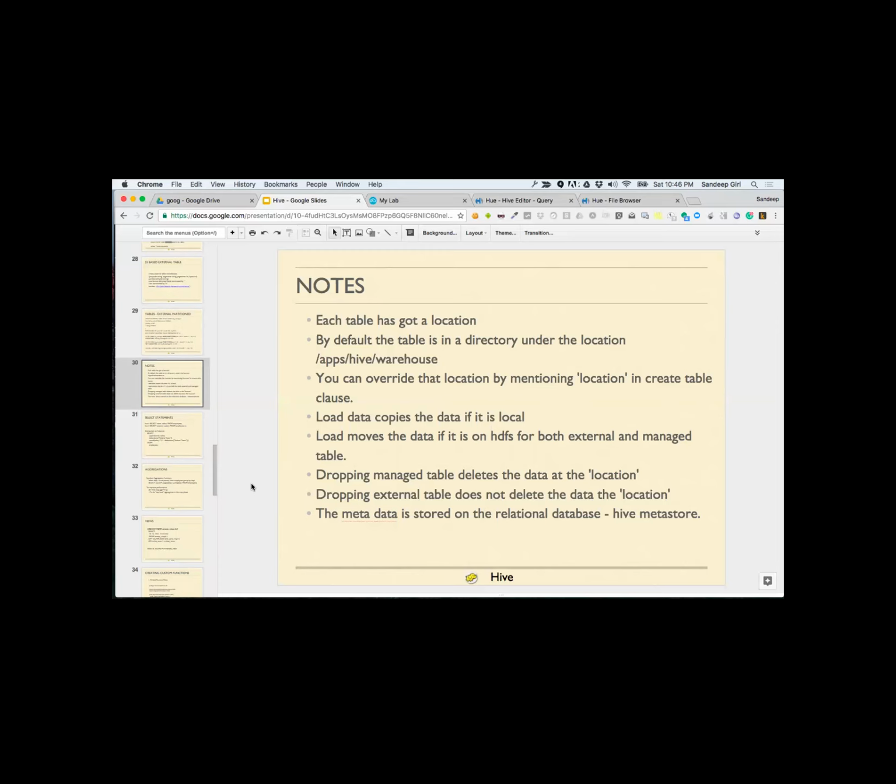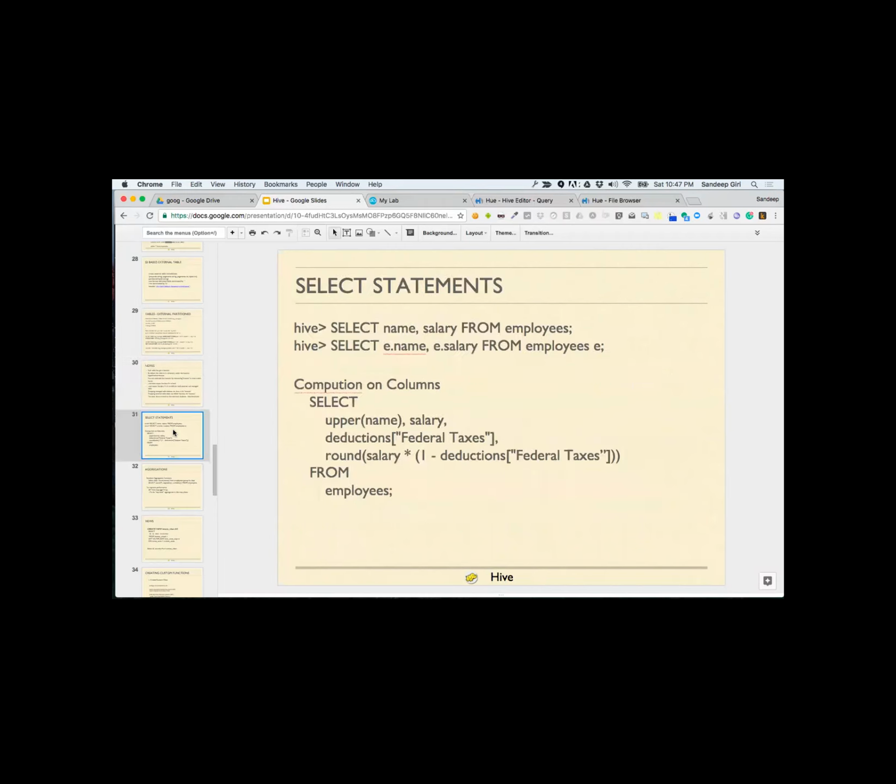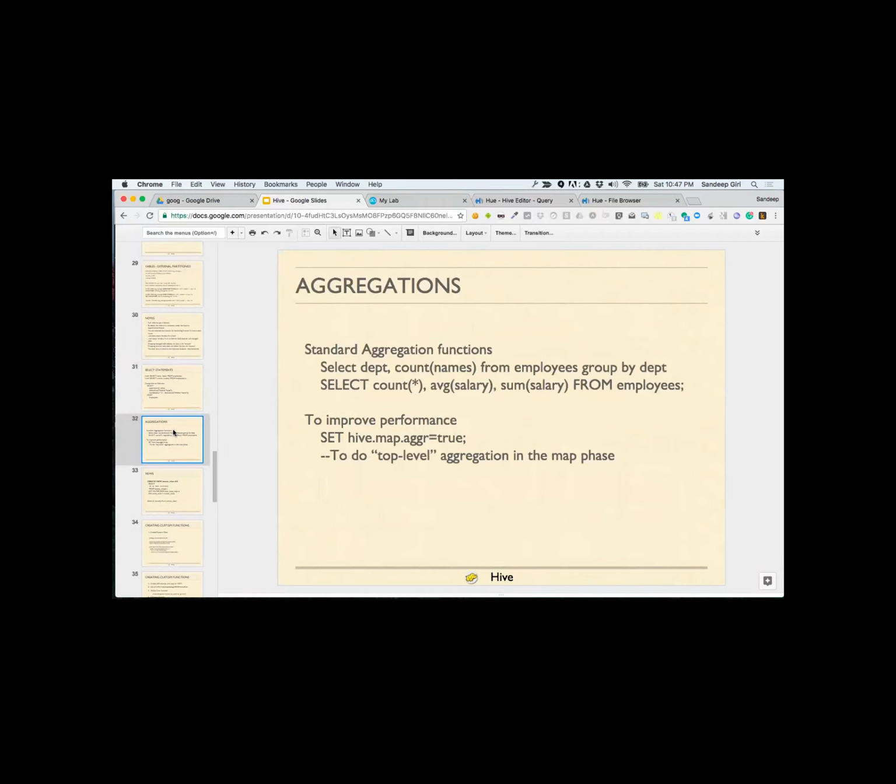Otherwise, data will be moved if it's in HDFS. Dropping a managed table deletes the data at the location. If you're dropping an external table, it won't delete the data at the location mentioned above. And the meta store is in the relational database. That was a quick way of summarizing whatever we have learned so far.